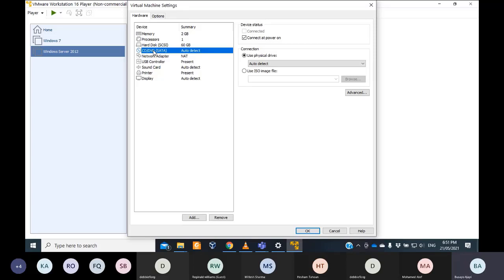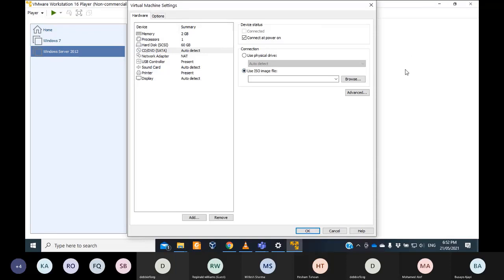Right now, the virtual machine is using your own CD/DVD. If your computer has a CD/DVD drive and you plugged in a CD/DVD, the virtual machine can detect it. I don't want that right now. I want to select the second option on the right, which is use ISO image. Can you see that? I'm telling it, instead of using the CD of the computer, I'm going to show you an ISO image that includes an operating system, and I want you to install the operating system from this